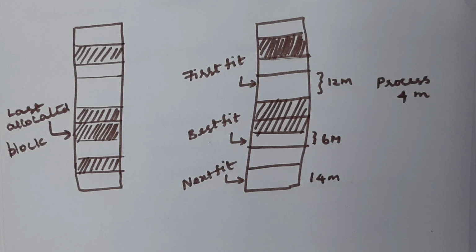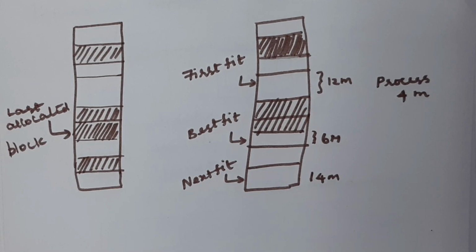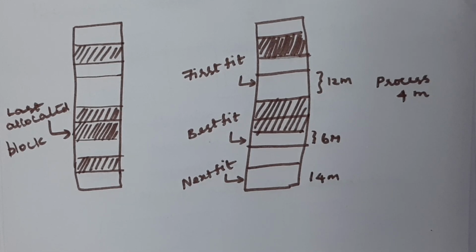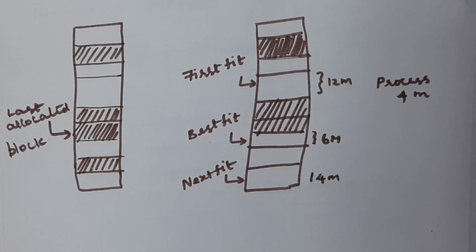Coming to next fit or worst fit, again it is not producing efficiency at all. It will produce only inefficient results, because it keeps on searching only from the last allocated block. Whenever you don't find any partition to hold the process, then the process has to wait. According to this technique, the process cannot get a partition as soon as possible, so the process has to wait. This is the worst category, so it will not produce an efficient result.